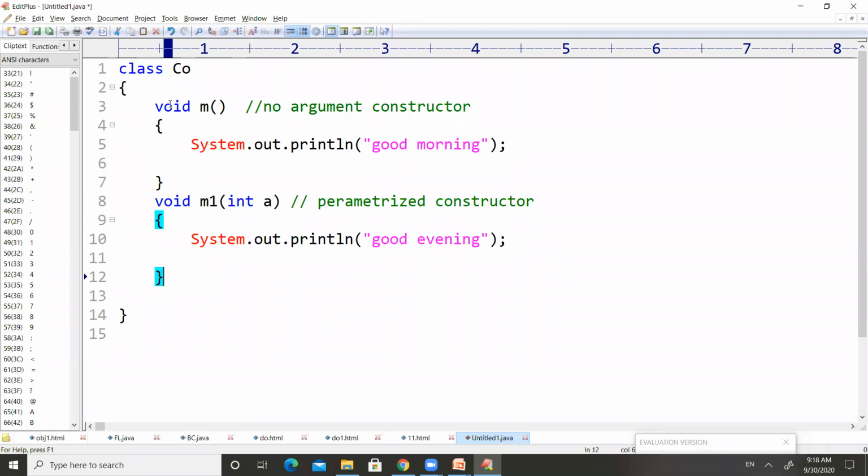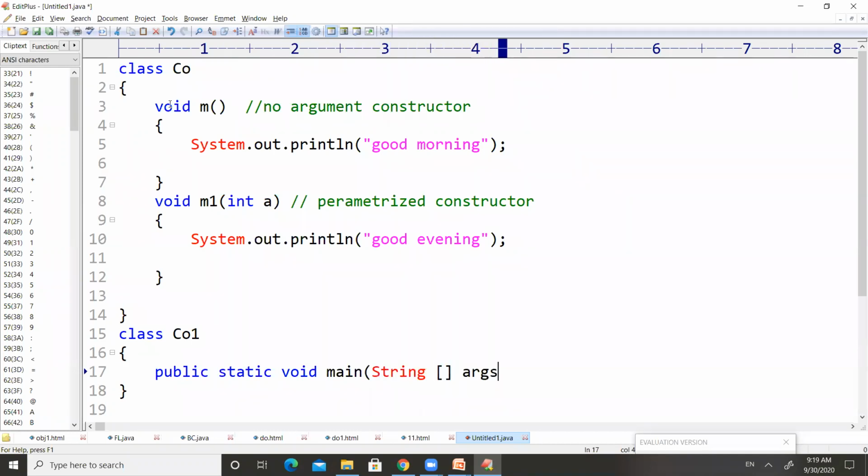If we want to execute these methods, let us define one more class, CO1. Inside CO1, I'm going to write the main method in Java: public static void main, String args.